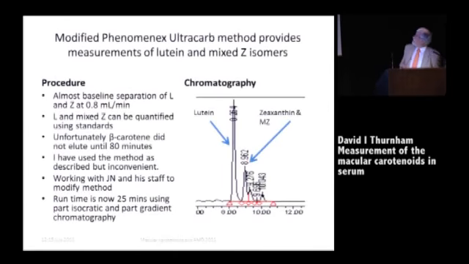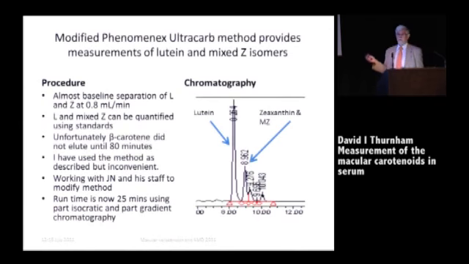That is the separation taken from a serum sample. You can see lutein coming off first. It's almost baseline resolution in many samples, and if zeaxanthin and meso are present, then they will both come off second. If only zeaxanthin is present, then that is in the same position. We cannot separate the two zeaxanthins using this technique, but we can quantify the amount of total zeaxanthin and total lutein using this technique.